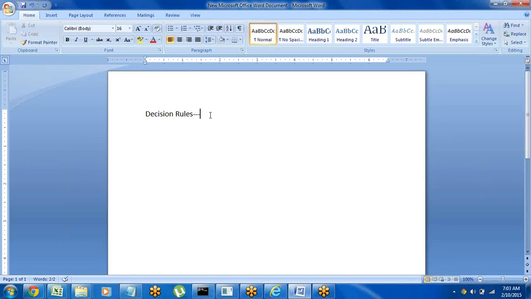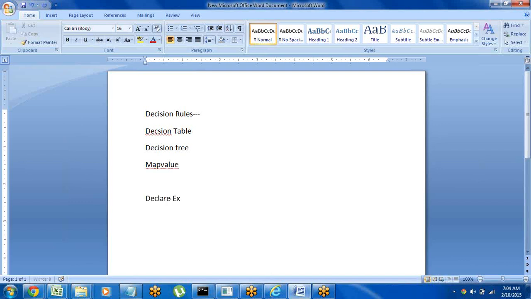Many rules are there, like decision tables. So if you go to the decision rules category, there are some other options like decision table, decision tree, map value (we will not use map value),